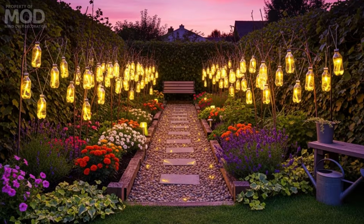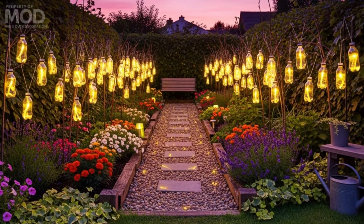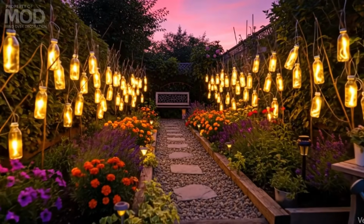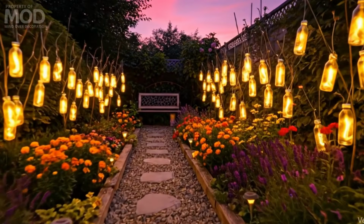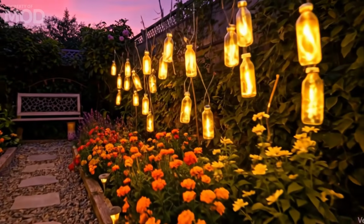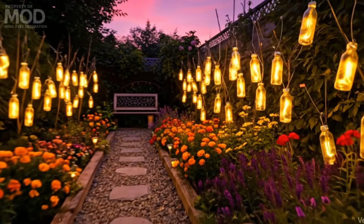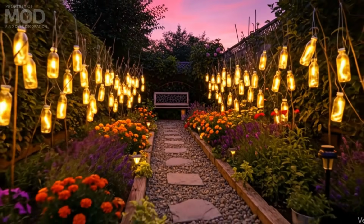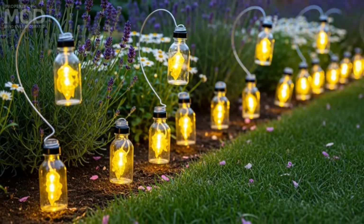These aren't expensive lanterns or fancy decor. They're bottles that once held water or soda, now reborn as glowing guardians of summer nights. Each one catches the fading sunlight during the day, and at dusk, they offer it back as warmth and wonder. The border they form isn't just decoration. It's a story of transformation, a reminder that even the smallest piece of trash can become a spark of beauty